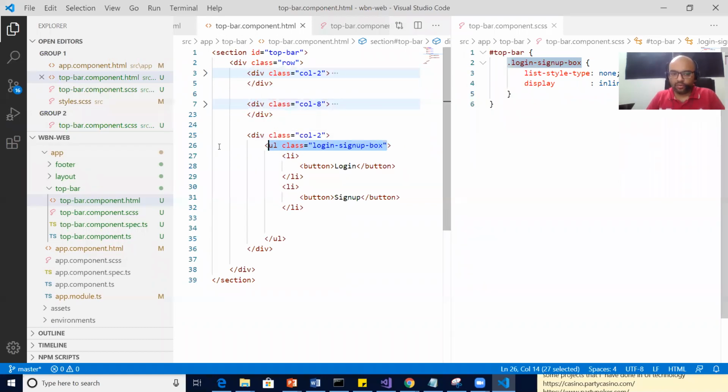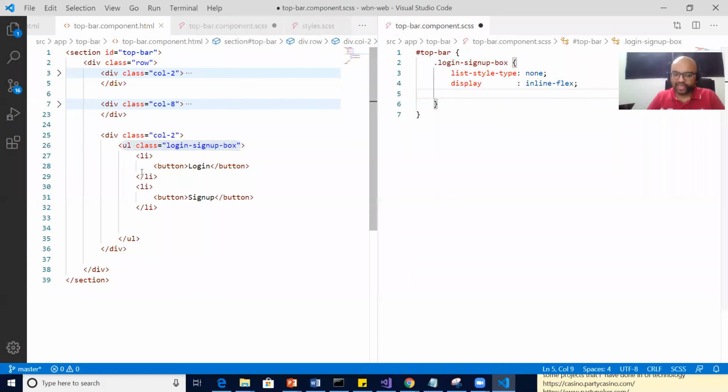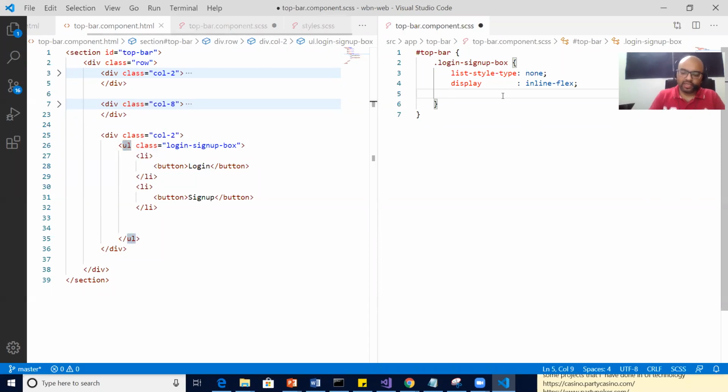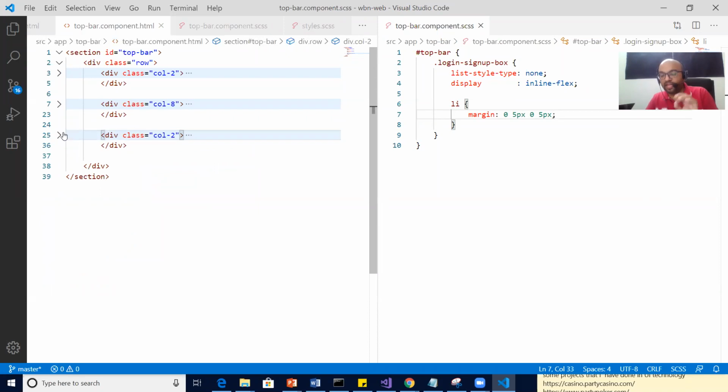So now inside your class, because your LIs, see this one, your LIs is a child of UL, which means inside this login sign up box only, you need to open LI and then give style to it. So guys, if you see it carefully, it is completely a parent child class concept.